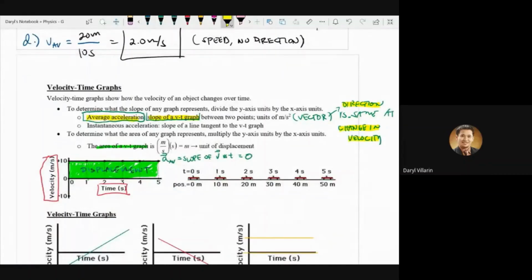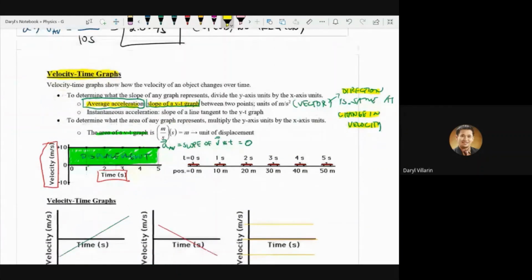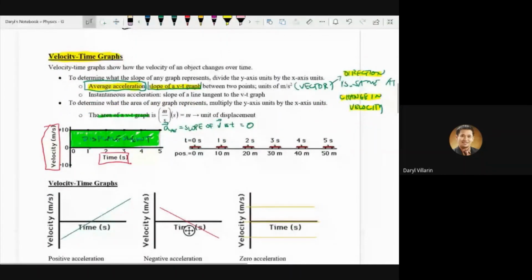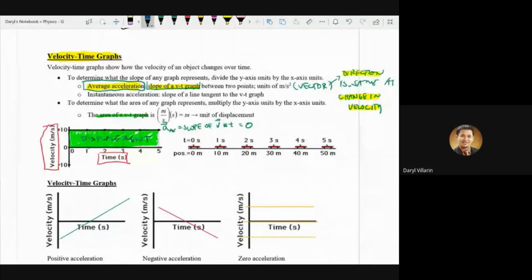So again, for today, we're going to be going over the velocity time graph. And these are the things that we can get from the velocity time graph. The slope is now the average acceleration. So the unit for that matter is that, if you can see the slope, if you have velocity against time